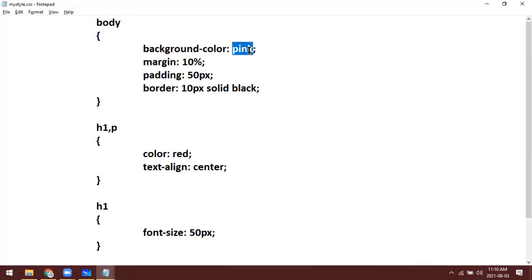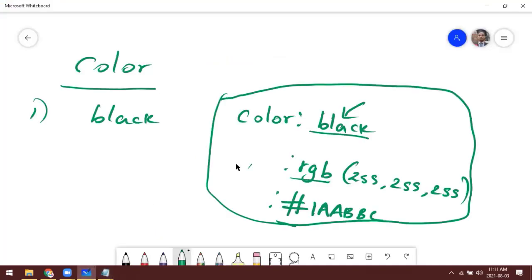So now let me give in the RGB format, 200, 100, 155. These are 8 bits, right? So maximum you can give 255. You can't go more than that, because in 8 bit maximum is this one.